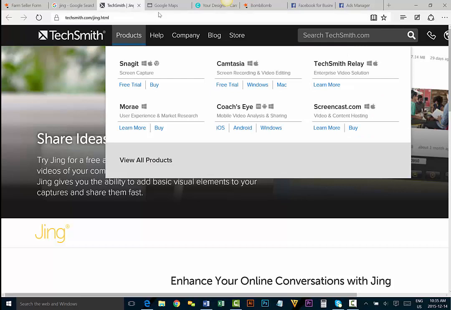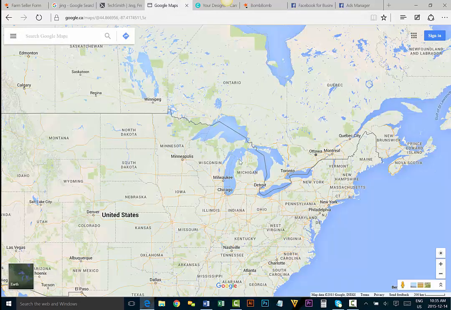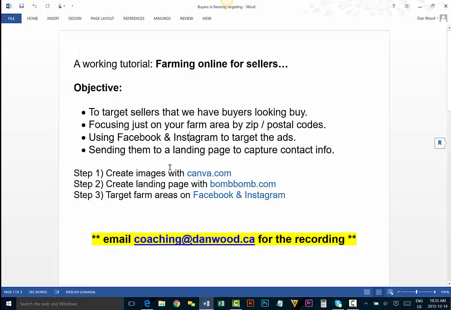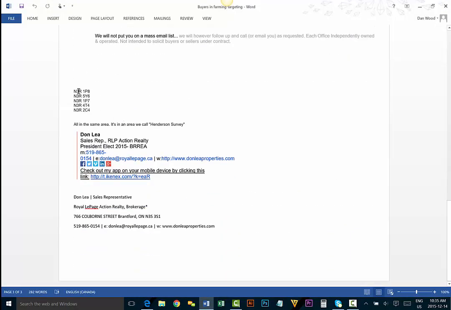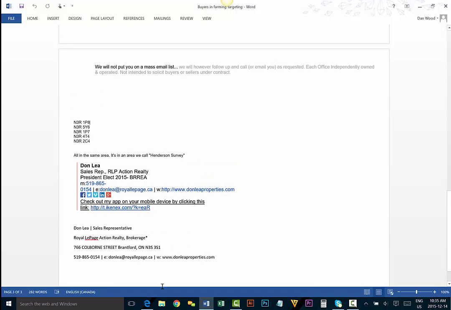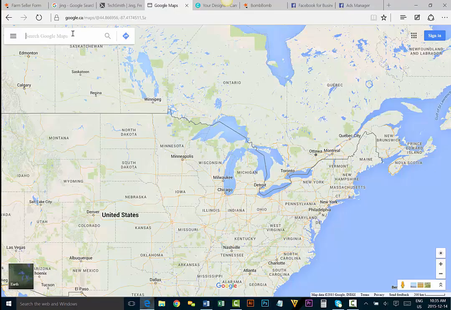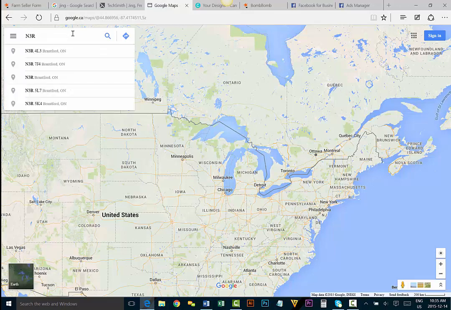What I'm going to do is go to Google Maps and search the area that we are targeting. I already have it open down here. I already pre-typed everything for this program. We are targeting postal codes in this example. You can also target by zip code. Instead of all the postal codes individually, I'm going to target just the core group, so the first three letters of that postal code. And when I search that on Google Maps,